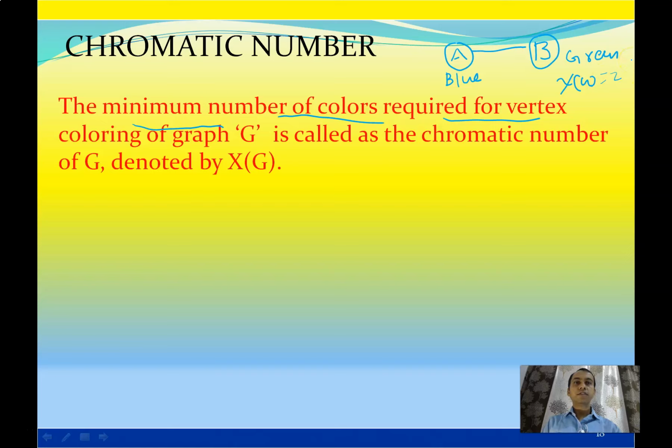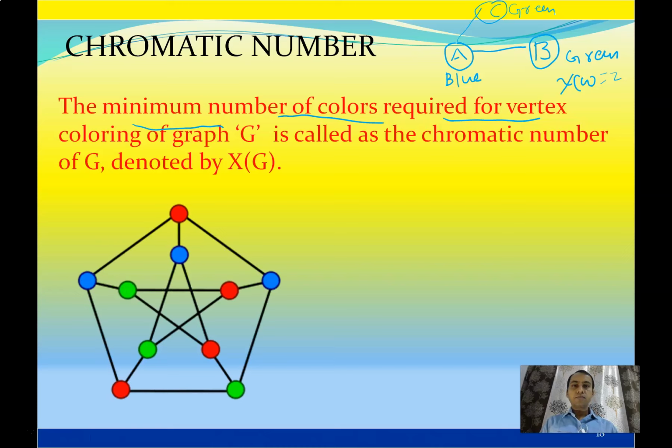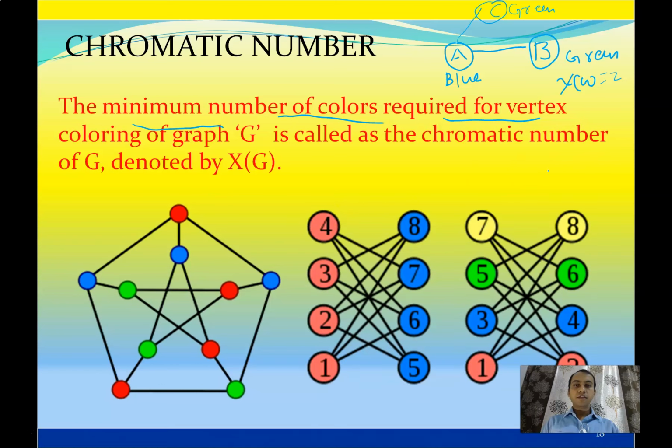Suppose we have some more graph, that is A, B and C, and C to B is not connected. Then the coloring will be blue, green, and we can give green here, no problem. So the chromatic number will be again 2. So this is a graph. Try to find the chromatic number for the graph yourself. This is also a graph, and try finding the chromatic number of these graphs.